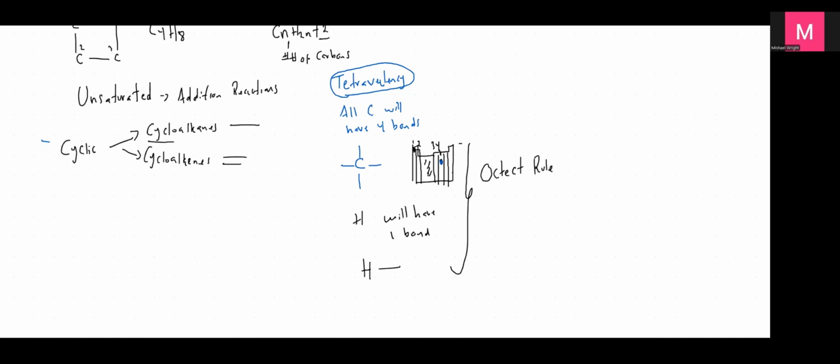So the octet rule states that to form a stable molecule, okay, I'm summarizing this rule. Obviously, it's more precise in many ways, but I'm just summing up. So to form a stable molecule,